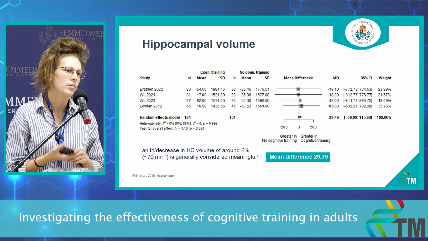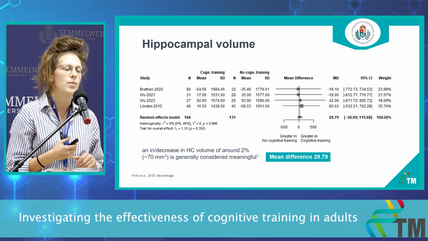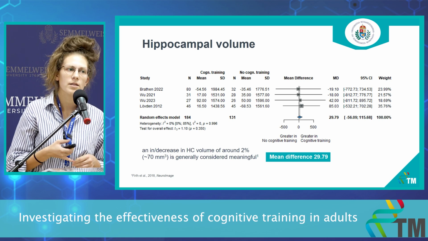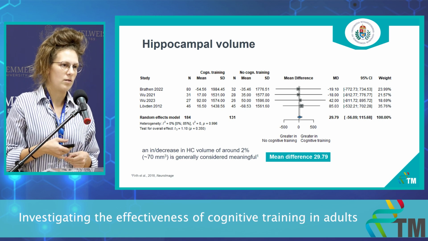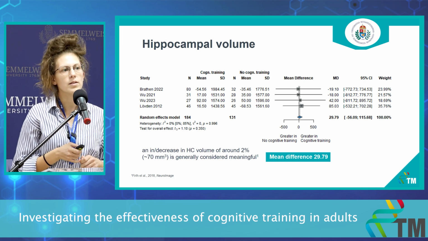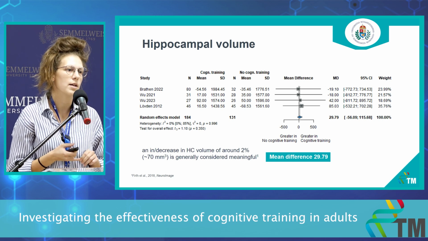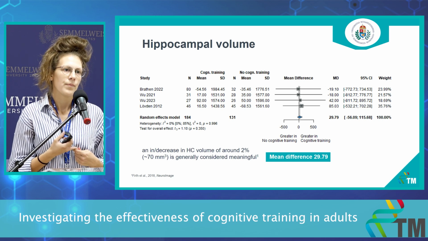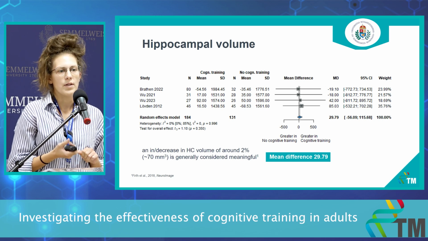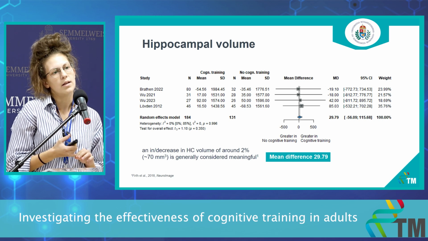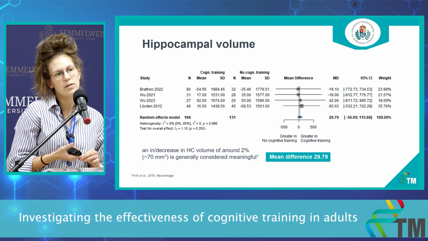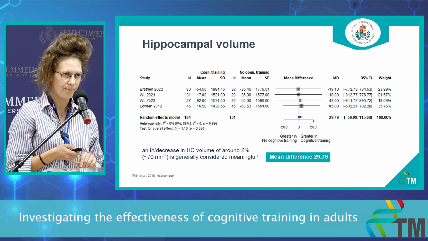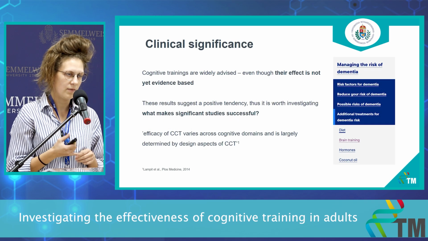Here again, we used 4 studies and a population of 315 patients. Here the heterogeneity is 0%, but looking at the confidence intervals, you can see that it probably is a very high heterogeneity again, which is due to the same reasons as I mentioned before. And the mean difference of 29.79 is not a mathematically significant change, and we do not consider it clinically significant either. So about the clinical significance,